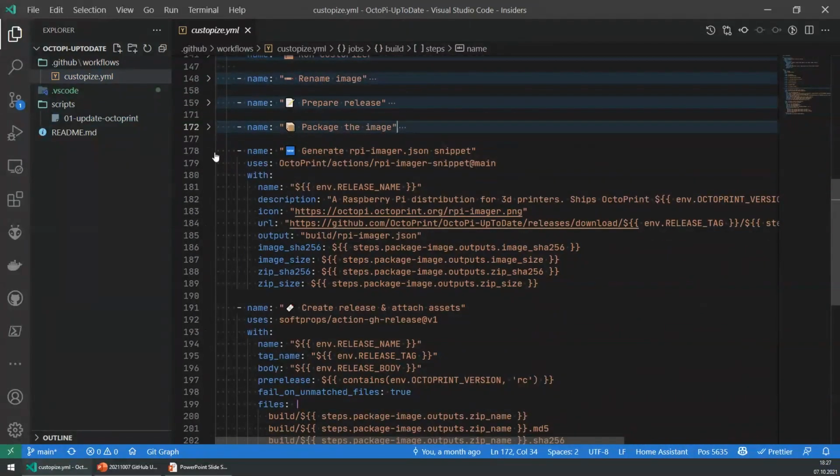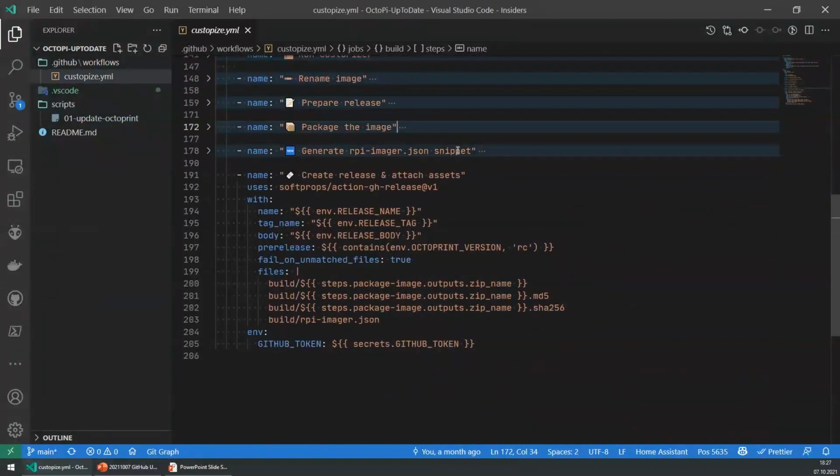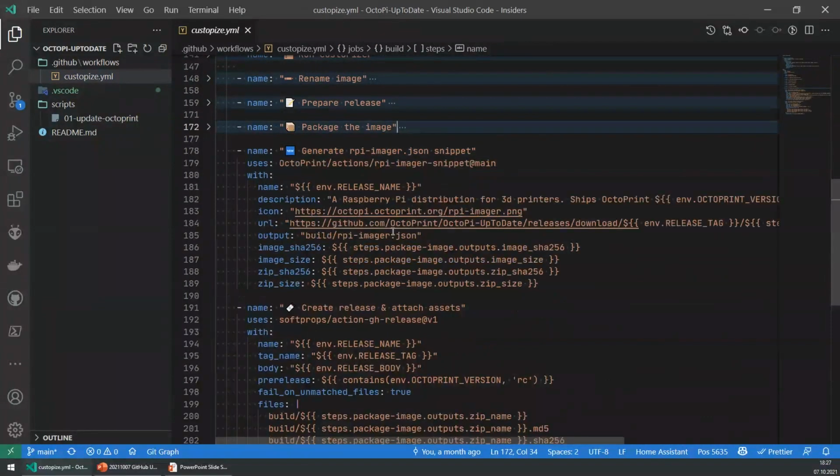Then we generate an RPi-Imager.json snippet from that. Basically, one of the entries that we saw in this list earlier, with the name, the description, the icon, and all of that, using the collected metadata from the package the image step. Then we create a release and attach the assets to this. And at that point, everything has run through, hopefully, and we have an updated image now attached as a new